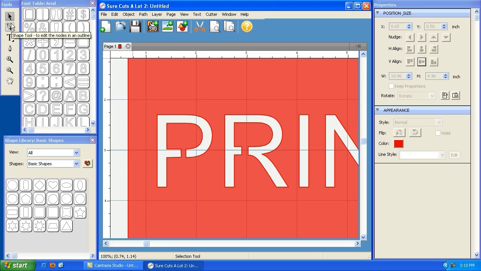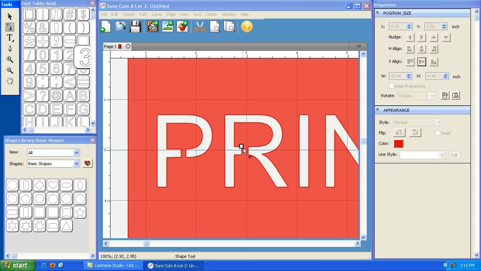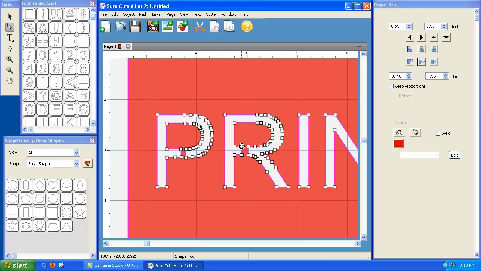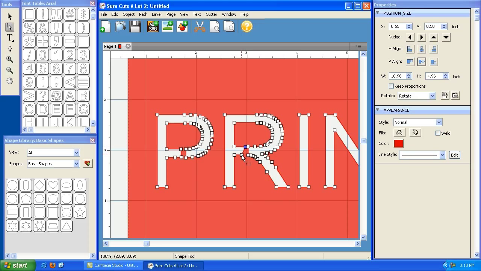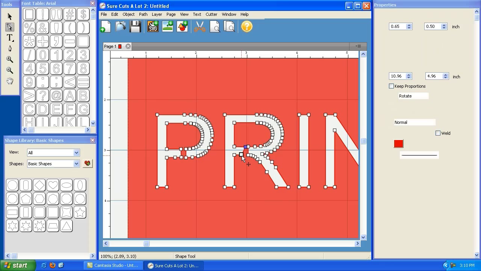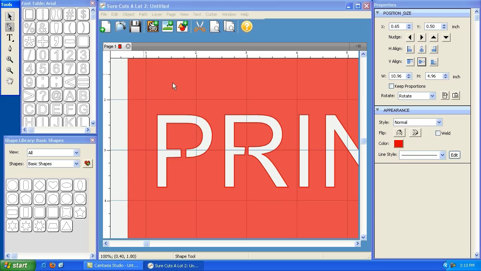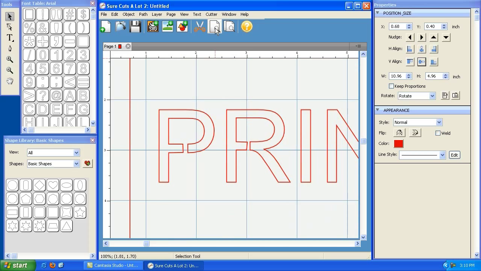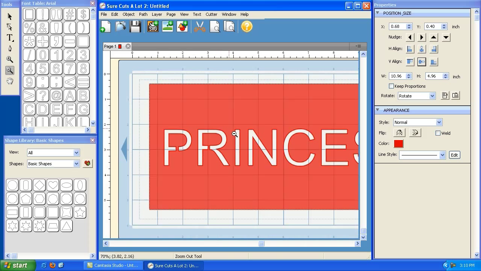Okay, so again, I can go here and take the shape tool, and I can highlight this node, and I can bring it a little bit closer to the other one so that the cut is not as wide. Okay, I can do the same thing with this one. As long as it's highlighted, I can click and drag it, and there you go. Okay, so now let's take a look here at the preview. Now check that out. That's pretty cool. And that's going to make sure that the inner part of this R doesn't just drop out. Okay, so I'm going to zoom back out,